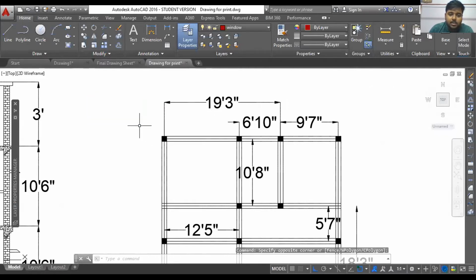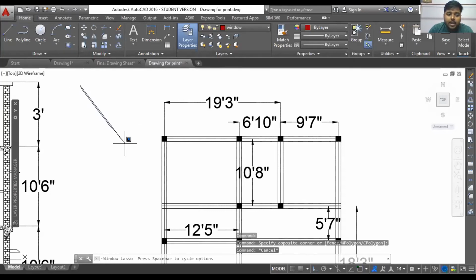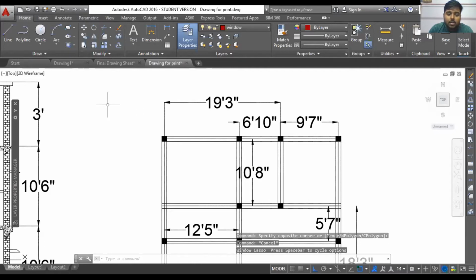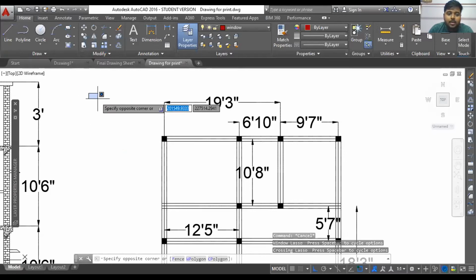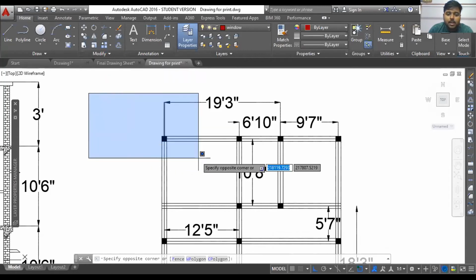Whenever you select, you don't have to drag in AutoCAD, because dragging gives you a free-path selection tool. Just click once and release, and then hover your mouse, and you can select the things.